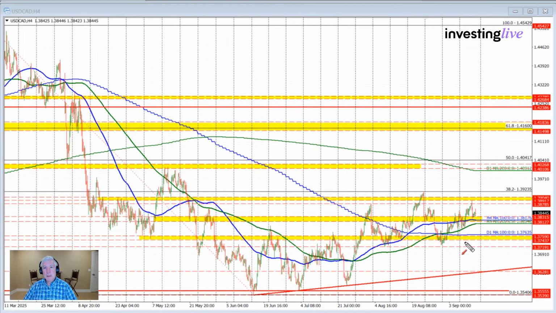The dollar versus Canada is marginally higher in trading here today as the week comes to a close. I'll talk about the price action, talk about the technicals that are driving this currency pair as resistance held on the top side this week and support is holding on the downside. So we'll get started. If I were to outline some key technical levels, one level is always the moving averages,